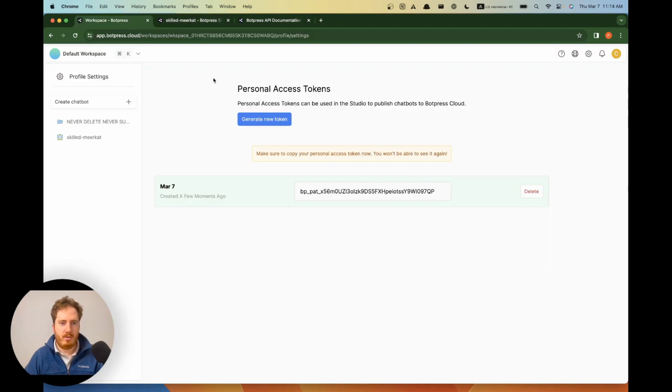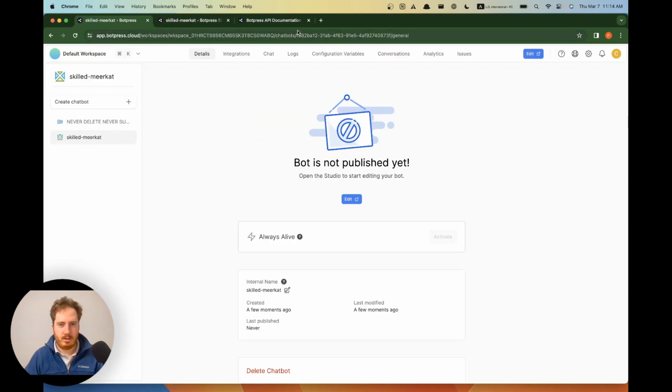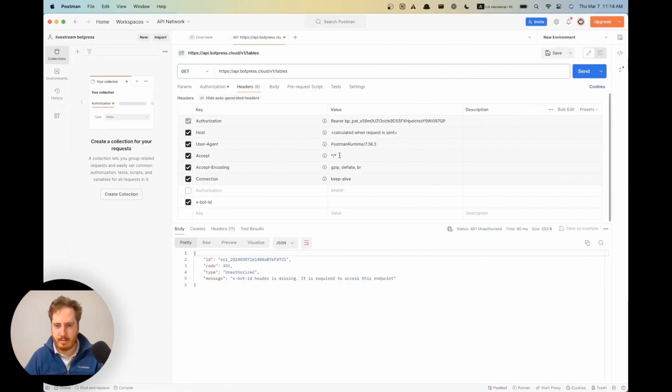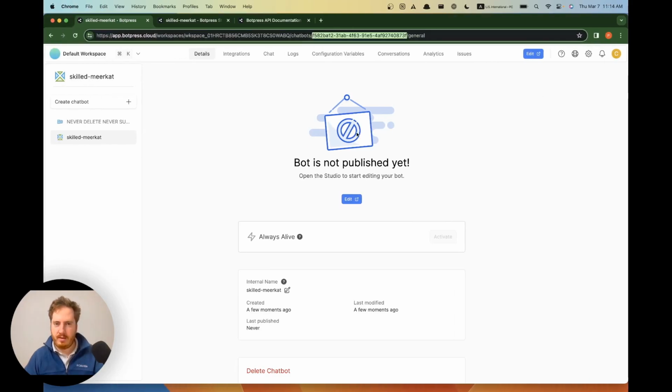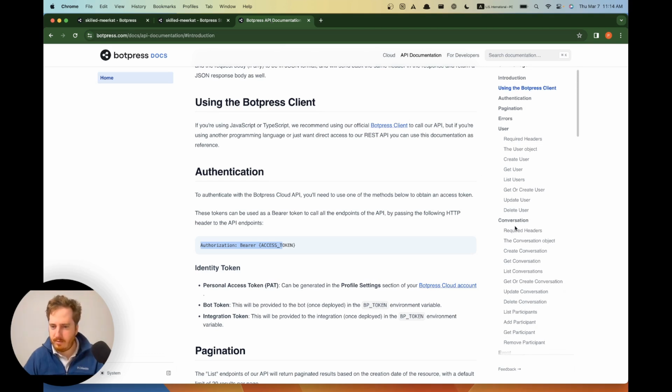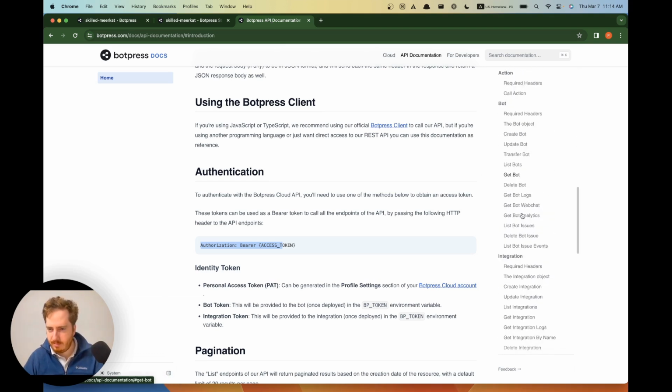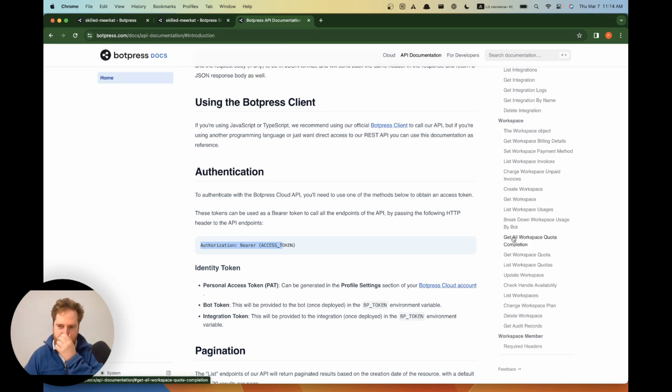You can get it here, or you can get it here like this, right? So, just right now, the first comment I'm going to make is this is tied to a bot. It's not tied to a workspace, which I suppose is fine because you could just loop through all your workspaces. I haven't done this. I don't know if anybody has done this on the live stream, but we have an API with a bunch of things,